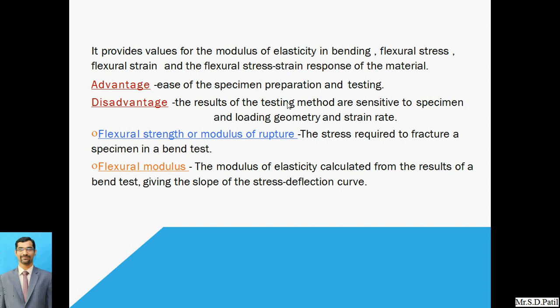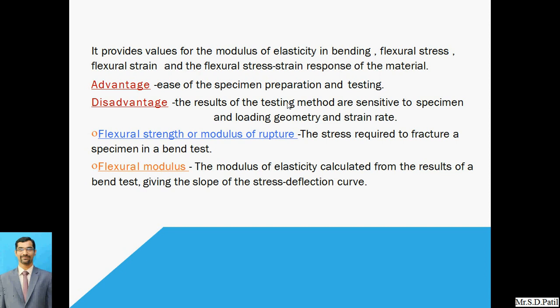So what is the advantage of this test? It is very easy in specimen preparation and testing. While conducting the bending test, the specimen preparation and testing are very easy. The critical thing is that we have to place the specimen exactly at the point locations, find the center of the specimen, and apply the load exactly on that point.